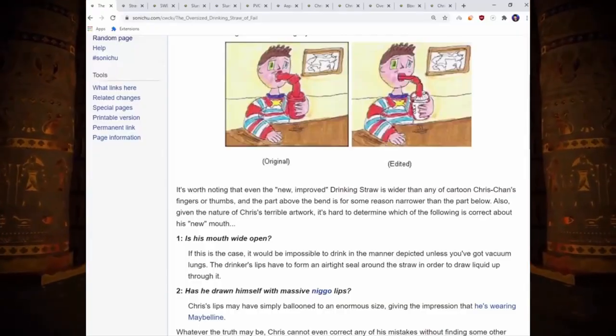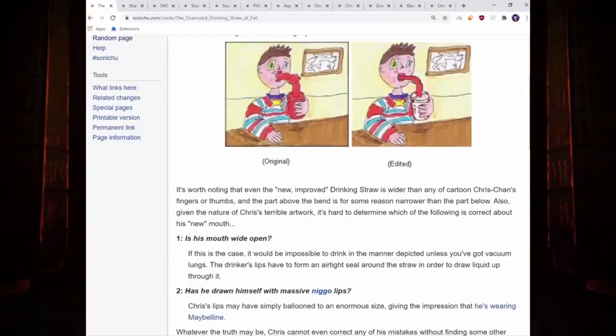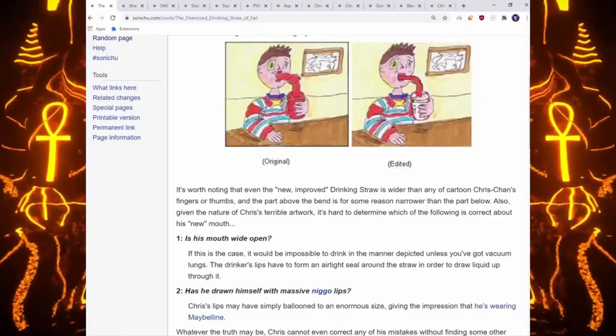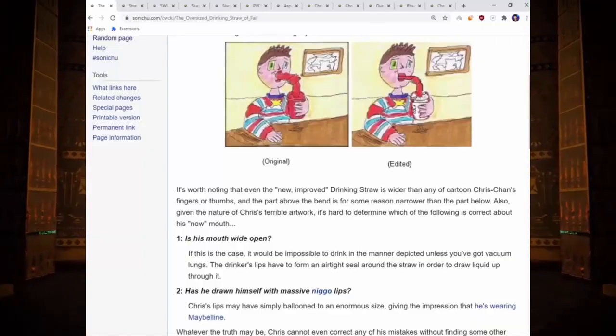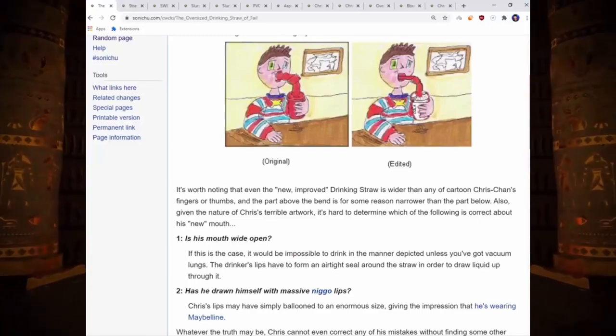his new mouth. Is it wide open, which is what I thought a second ago? If that's the case, it would be impossible to drink in that manner depicted, which is what I was saying too, unless it's like a really long tongue. Unless you got a vacuum of lungs like Kirby. The drinker's lips must form an airtight seal around a straw in order to draw liquid up through it, explaining